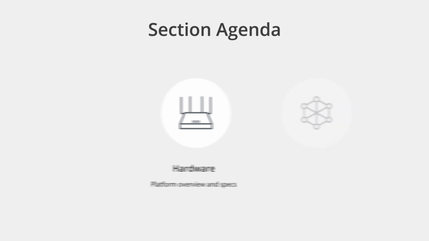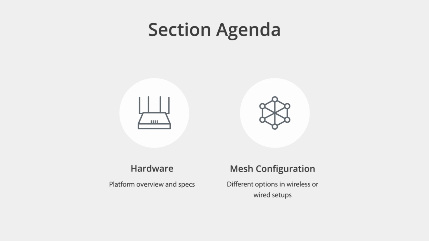Now, in this section, we're going to be taking a look at the hardware associated with the RT6600AX, new specs that it has, and also we're going to be taking a look at a platform overview because the chassis is new in this solution. We're also going to be taking a look at some different mesh configurations you can set up with this new router and SRM 1.3. You have some different options for being able to utilize wired or wireless setups, and in future versions you're also going to be able to incorporate other models into your mesh setup like the RT2600AC alongside the RT6600AX in the same mesh platform.